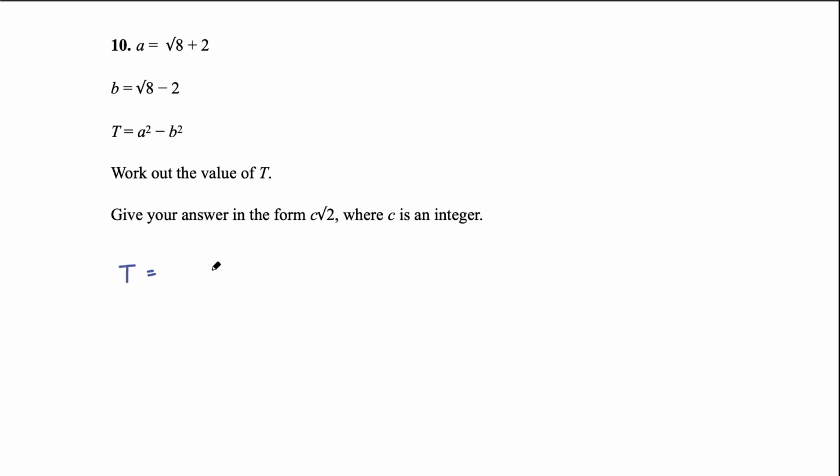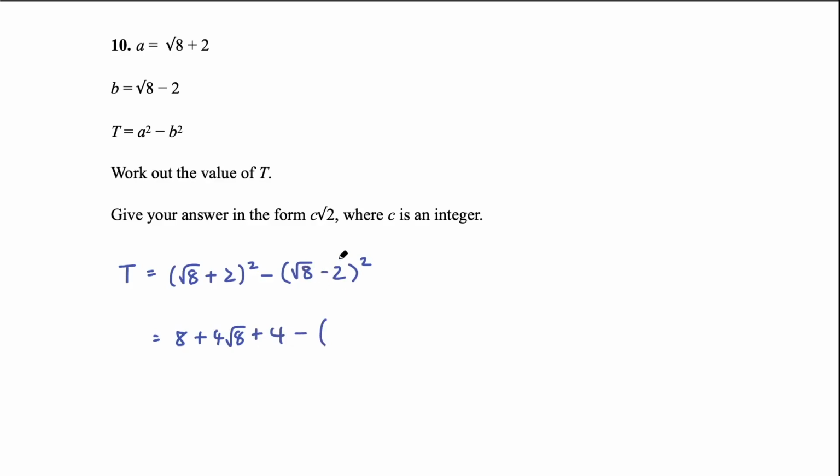So T is going to be A squared, root 8 plus 2 all squared, take B squared, root 8 take 2 all squared, and then we're going to have to try to simplify this. A slight shortcut here: if you're expanding squared brackets, you can do the first term squared, which is 8, then 2 lots of the terms multiplied by each other. So 2 times root 8 is 2 root 8, and then add on another 2 root 8. So this is going to be plus 4 root 8, and then 2 squared is 4,